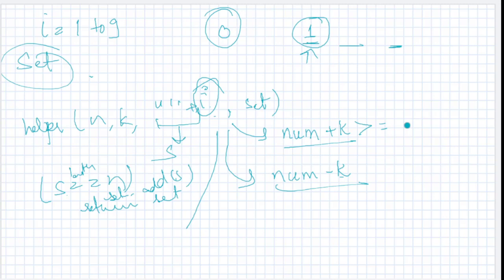We'll check if it is greater than or equal to 9 or if it is less than 0. If these are the conditions, we don't have to do anything. We have to directly return. But if this is not the case, that means if it is greater than 0 and this is less, then